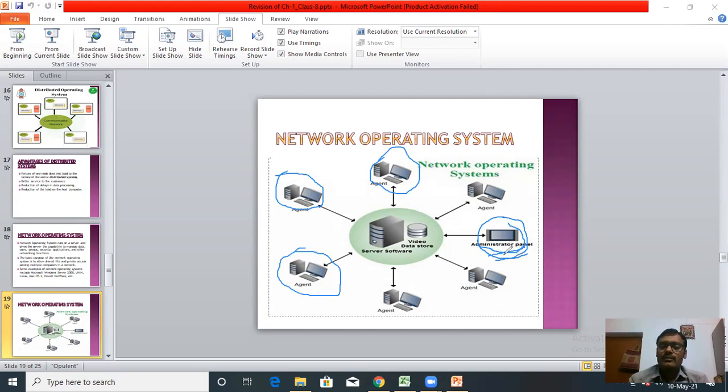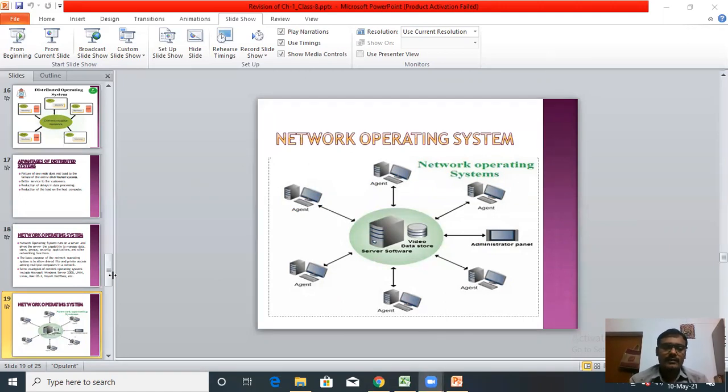It is able to share resources like printers, etc. So in a network operating system, the server computer is able to control all the client computers. It is also able to share files, application software, and hardware resources.